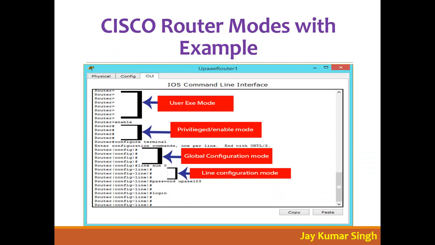So this is the example again. See why I have created multiple slides for these three things, because this is very important. If I tell you to configure this, you must go to configuration mode. So if you know the modes, you know where to run the command. Maybe you have the command, but where should you apply it?